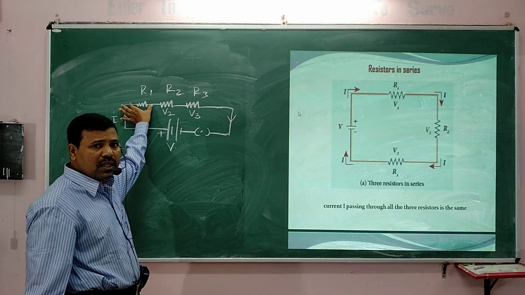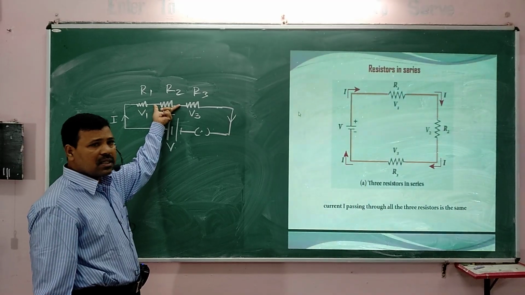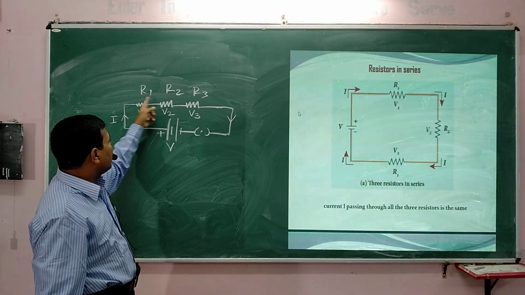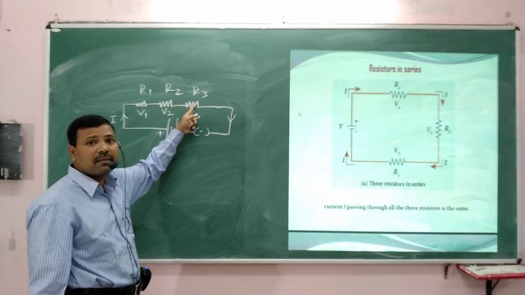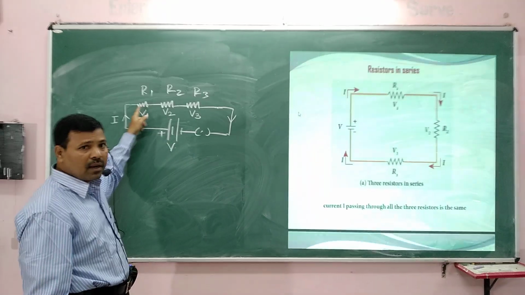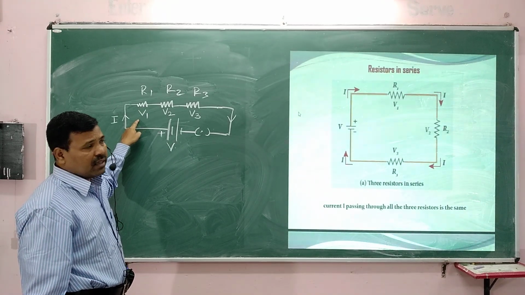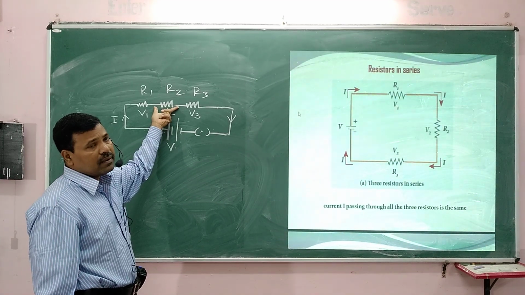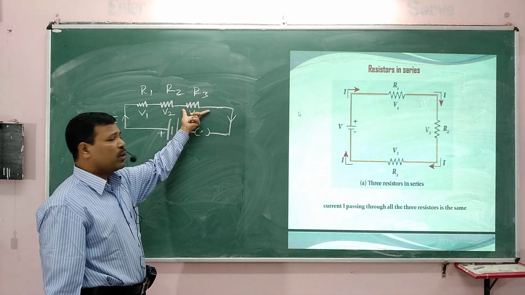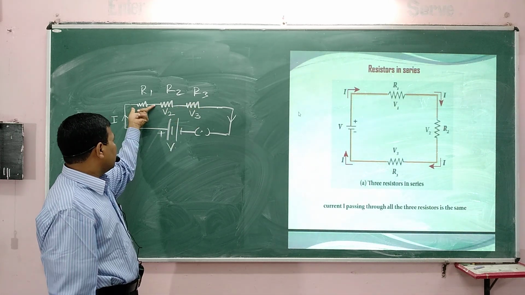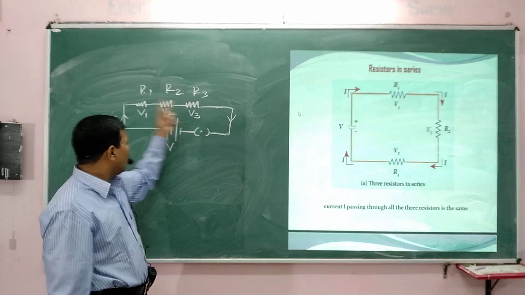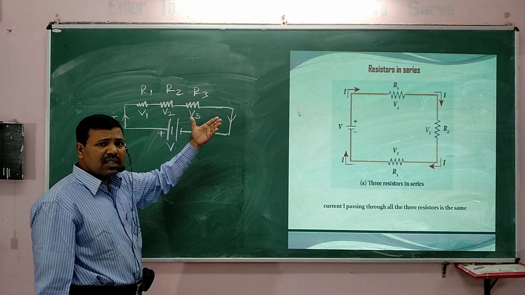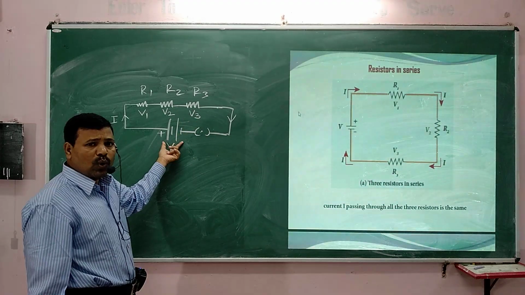The PD across this resistor, and this resistor, and this resistor will be different if the values of resistances are different. Suppose if it is 1 kilo ohm, the potential difference will be different. If it is 2 kilo ohm, the potential difference across this resistor will be different. If it is 3 kilo ohm, the potential difference will be different. If their resistances are the same, 1 kilo ohm, 1 kilo ohm, 1 kilo ohm, the potential difference across each resistor will be the same, but the total